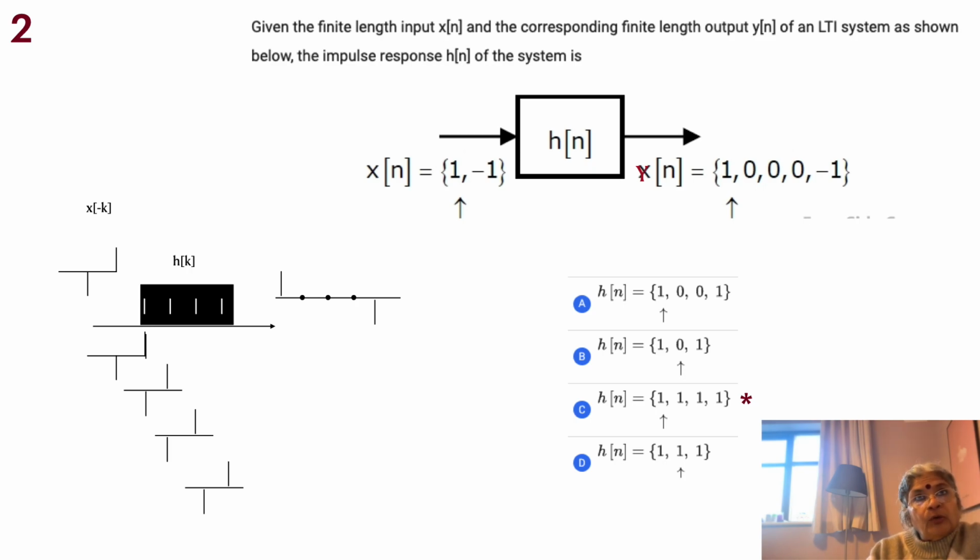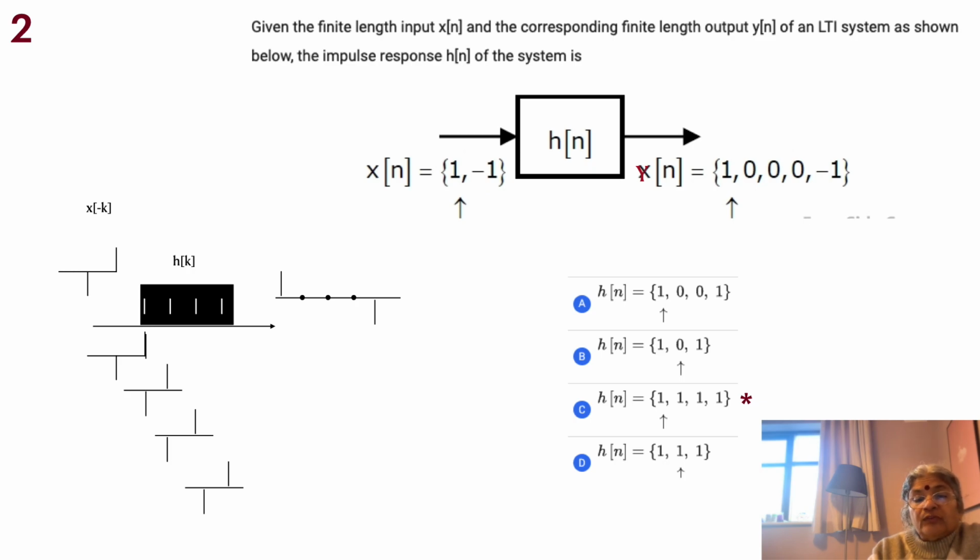So what do we mean by the convolution process? First and foremost, both the signals, that is x[n] as also h[n], are taken to the k axis. So we have x[k], which is now folded back, so it becomes x[-k]. The head of the sequence of x[k] happens to be 1 and the tail happens to be -1. Then they move into h[k], and as and when they align with respect to each other and overlap, they multiply, and then the total sum is taken, and that is output as the